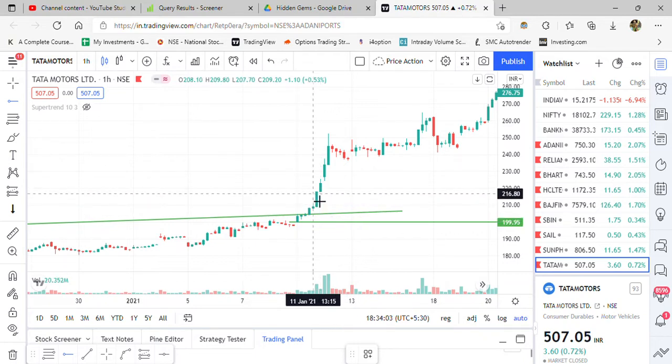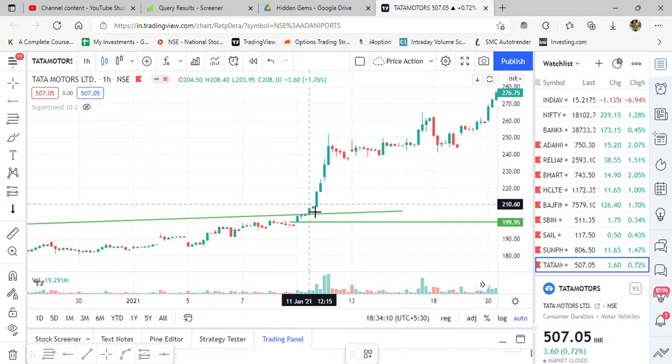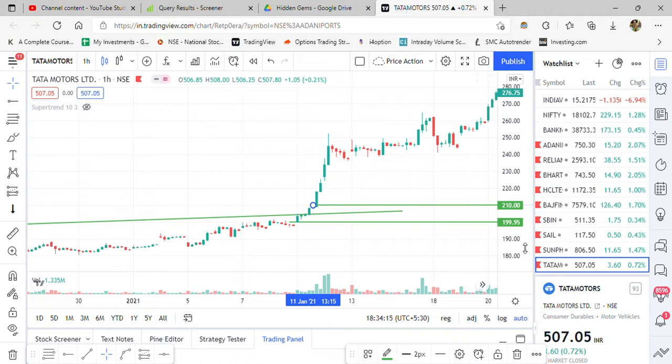So somewhere in this range, so the breakout was 204, so about 210 you can place your trade with stop loss of 200. And since the breakout has happened in 6 months, it may sustain, and you expect around 240, 250, 260, 270 targets for this trade. This is how you trade the breakout from the trend line.